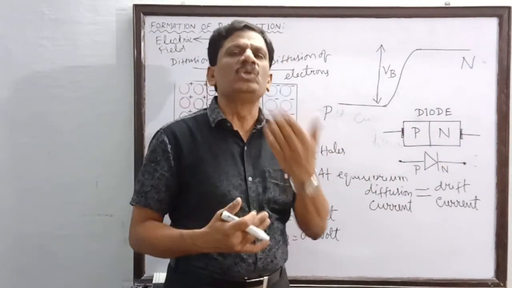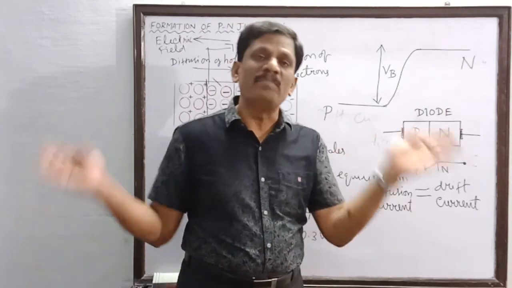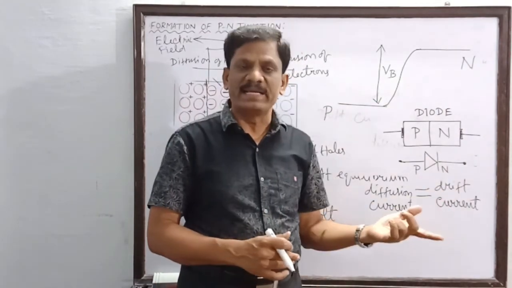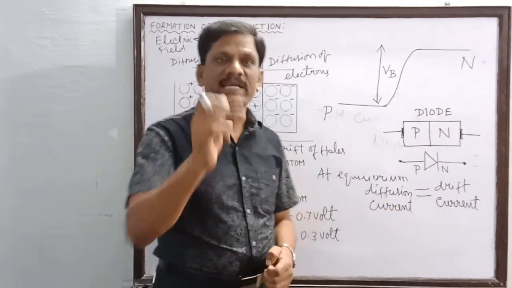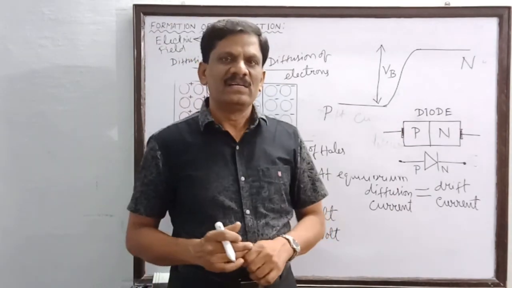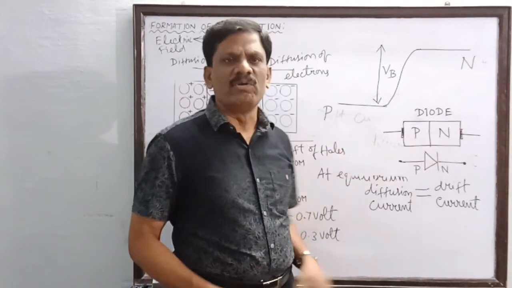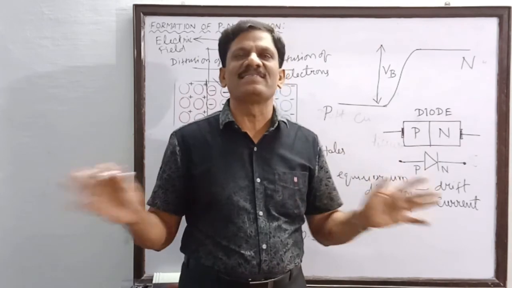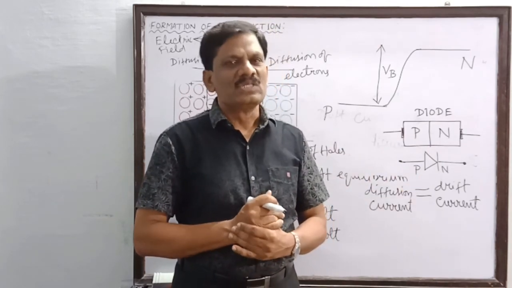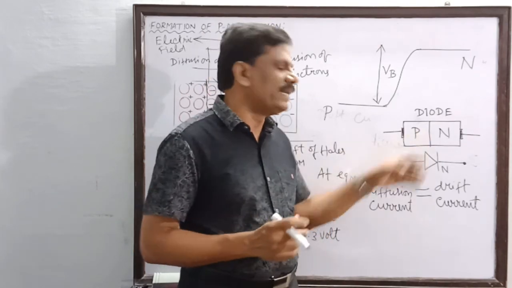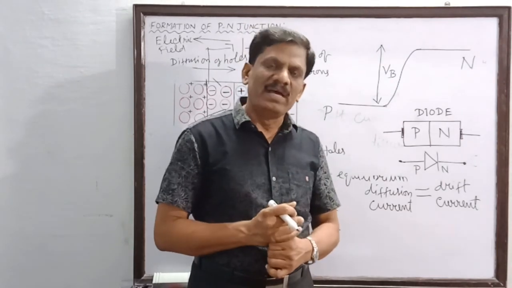Now, the diode itself has one battery inside. In addition to this, if you connect a battery to this diode from an external circuit, then the diode is said to be biased. When no battery is connected to the diode, it is unbiased. Understand, students? We can connect the battery to this diode in two ways, and we are going to study that in the next topic.